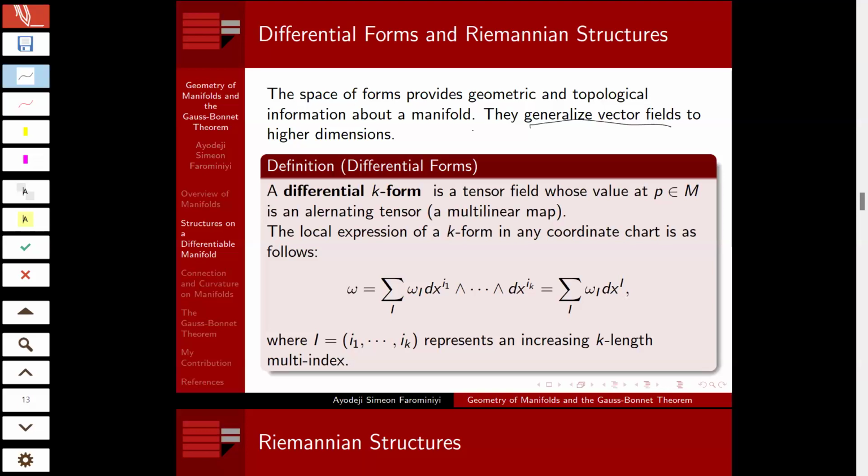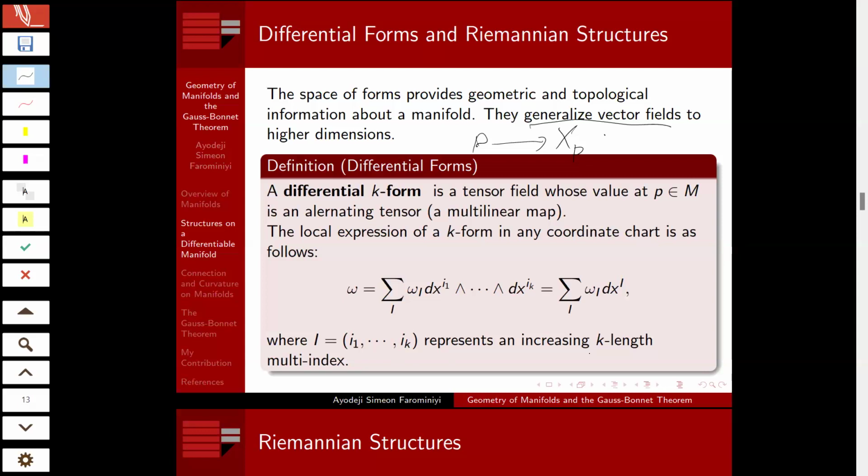We know what vector fields are. For each point, we assign just a single tangent vector. But what a K-form does is to assign a multilinear map to a point on a manifold. In formal definition, a differential K-form is a tensor field whose value at p is an alternating tensor. A tensor, in basic terms, is just a multilinear map, a map that is linear individually in each component. And the local expression of a K-form in any coordinate chart is given as follows,